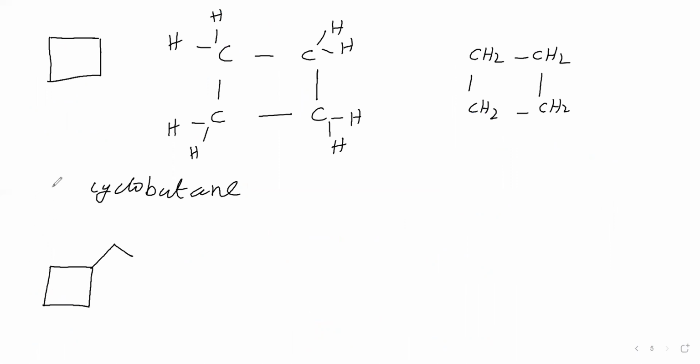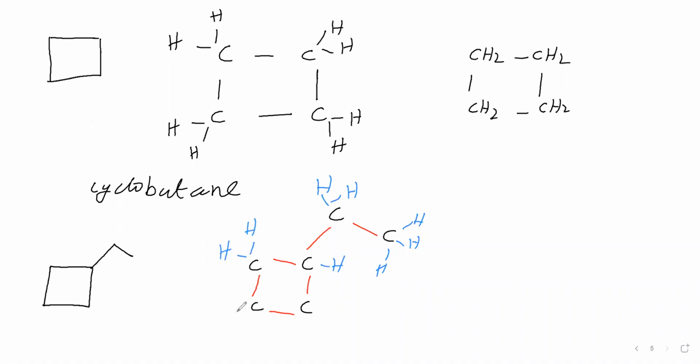We'll take this one. This we will write in the structural manner. At these 4 corners we will write carbon atoms. Then between carbon atoms give a single bond. Okay. Then give hydrogen atoms. For this carbon 3 hydrogens. For this carbon 2 hydrogens. For this carbon 2 hydrogens we are giving. Here 2 hydrogens. Here 2 hydrogens.